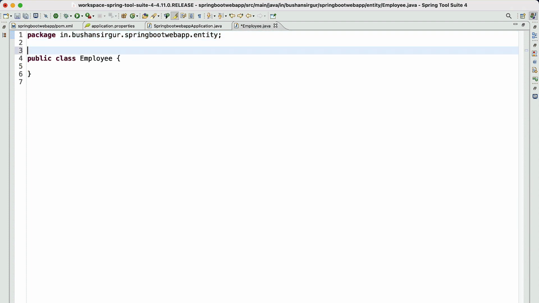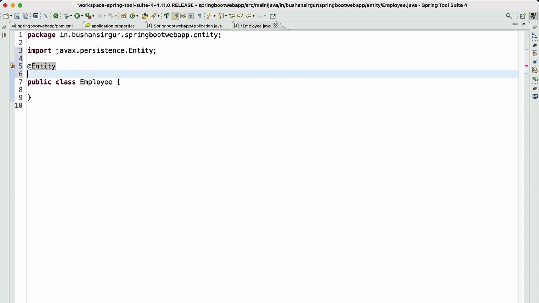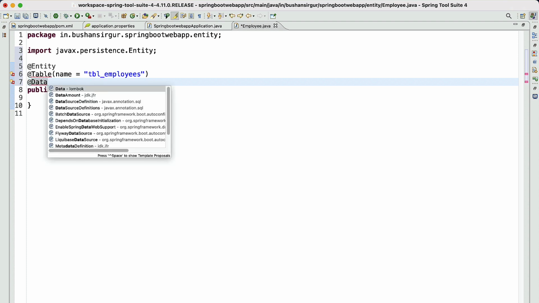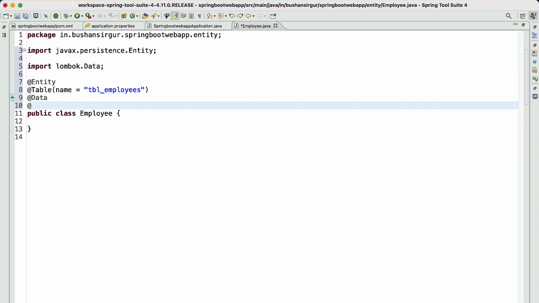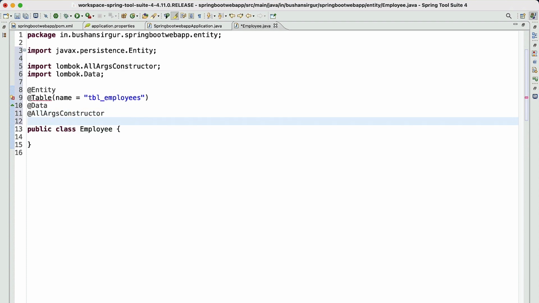We will add the JPA annotations, which is @Entity to mark this class as a JPA entity, @Table annotation. We will provide the table name, which is tbl_employees. We will add the Lombok annotations, which is @Data. We will add the all argument constructor, and we will add the no argument constructor.